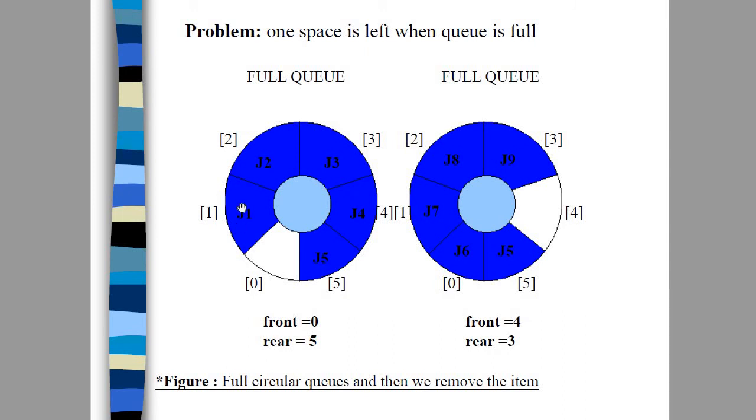So here if you see, this is a circular queue, so jobs 1, 2, 3, 4, 5 are stored here. Okay, so now if you remove job 1, job 2, job 3, job 4, and you want to insert new elements, we keep on inserting. After job 5 we can start inserting the new elements. Okay,